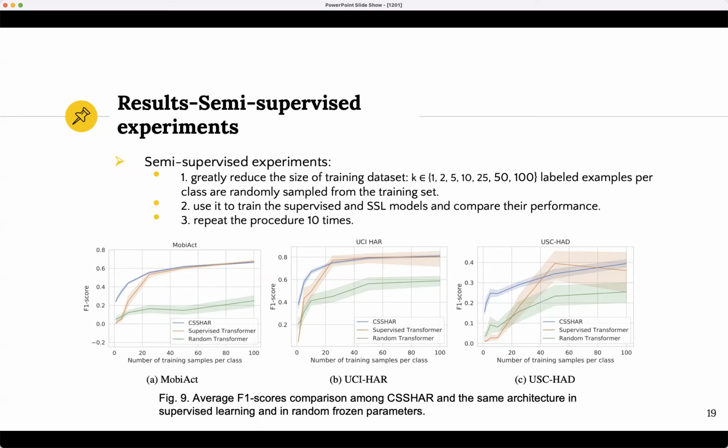And we can see here both the supervised transformer and the SSL transformer show about the same performance when the K is greater than 25, which is a very small data set. But CSS HAR is more robust because it has